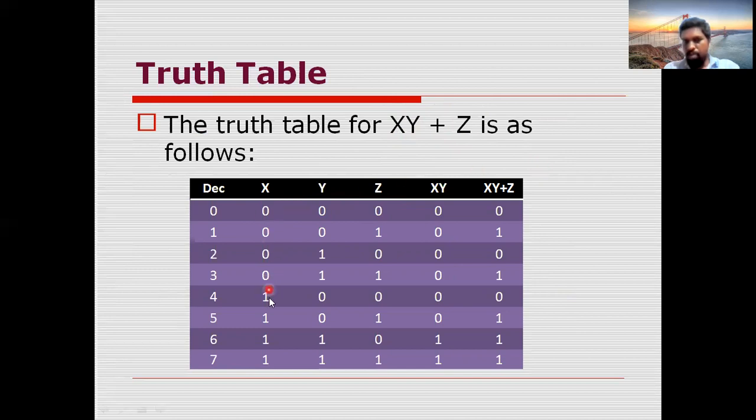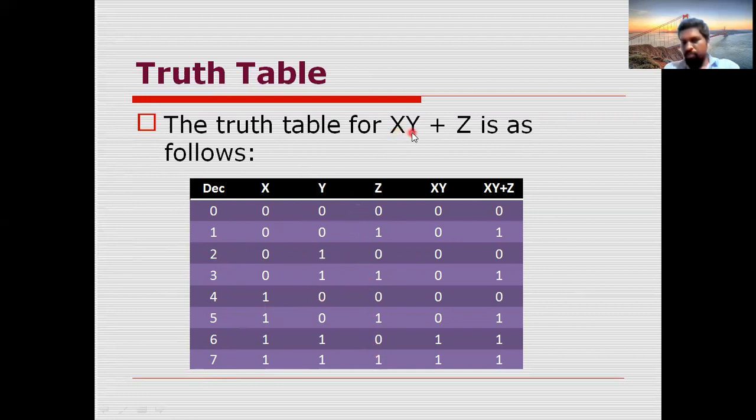So write those 8 combinations. How will you write these combinations? 8 combinations means starting from 0 and ending at 7. First write their numbers, starting from 0 and ending at 7. Total 8 you will have. Convert these decimal numbers into binary format. Then you will get these combinations: 0 0 0, 0 0 1, 0 1 0, 0 1 1. Like that you will get all of them.